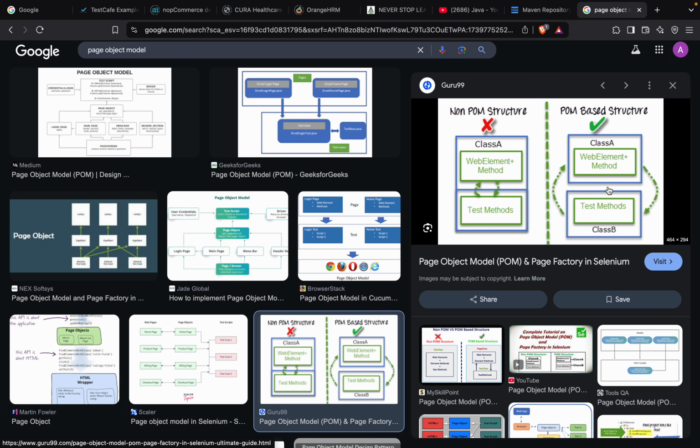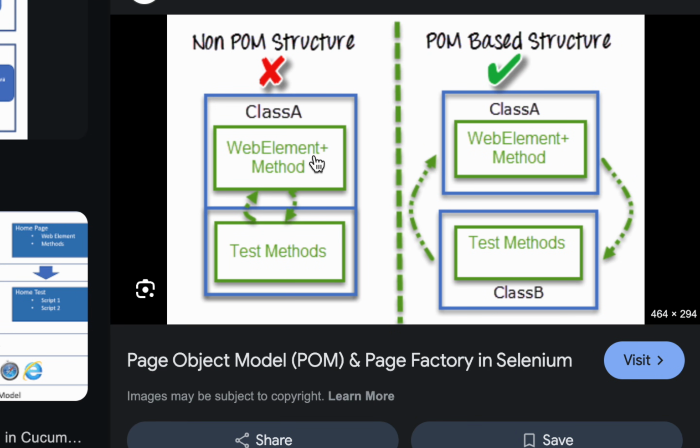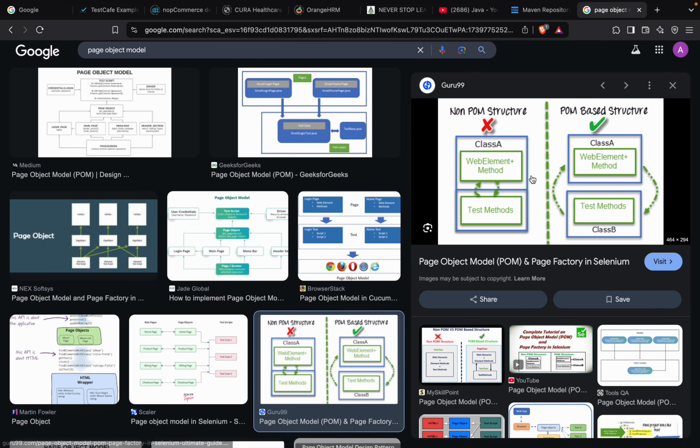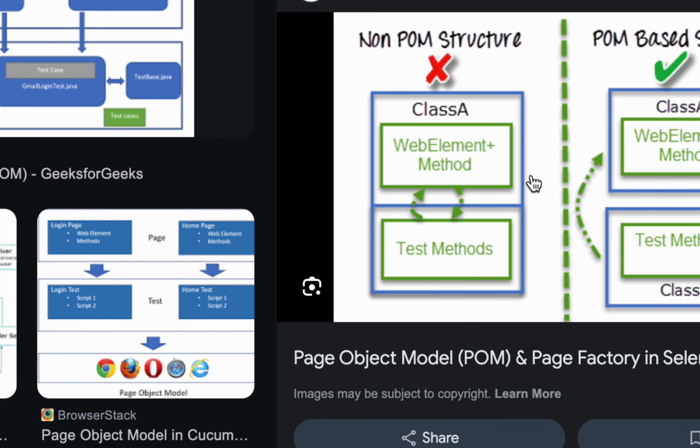Okay, so here you can see, in case you have checked the earlier session, there we were creating everything, all the code and everything in a single class. We were creating the locators, we were creating the test scripts, what to do on the locators, the test statements, everything we were creating in a single class. Okay, so we will have the web element, methods, test methods, locator methods, action methods, test scripts, everything in the